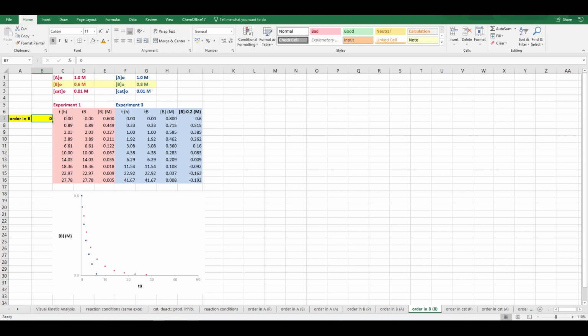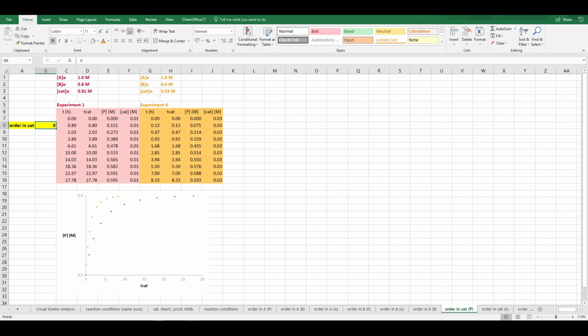In this case, as the difference of initial concentrations of B is 0.2 molar, we have shifted the blue profile down by 0.2 molar, as shown in column I. Using the standard variable time normalization scale for both reaction profiles, we modify the value of cell B7, and again observe overlay when the order in B is 1. To determine the order in catalyst, we use two reactions with identical initial concentrations of reactant, but different initial concentrations